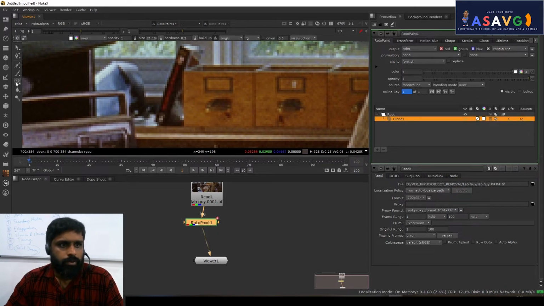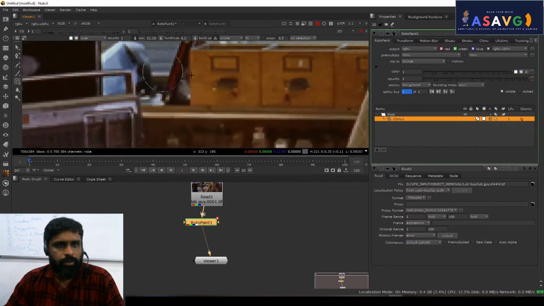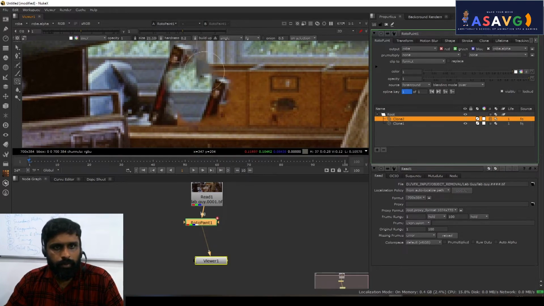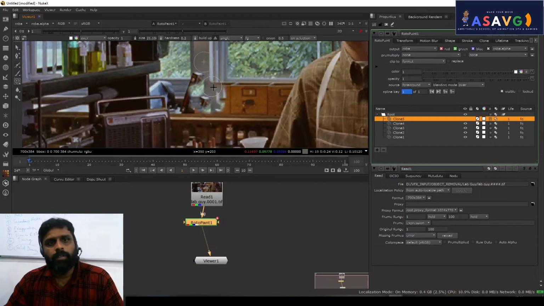Fine. So we'll select it and press Alt. We can move this like this, and press Control. We can see the source and destination here. So press Control and just try to remove this. It will take a lot of time, so I'm not doing it perfectly. Okay, moving it. It is not 100% perfect, it will take some time.